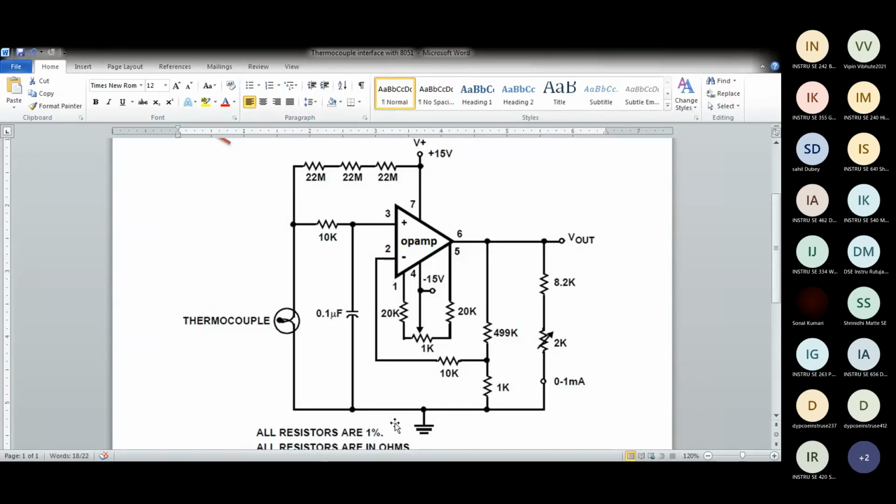Have you studied op amps? Yes, sir. And you all forgot. You should never forget. Op-amp circuits have offsets, input offset and output offset, and you have to remove the offset. So these circuits are for that.